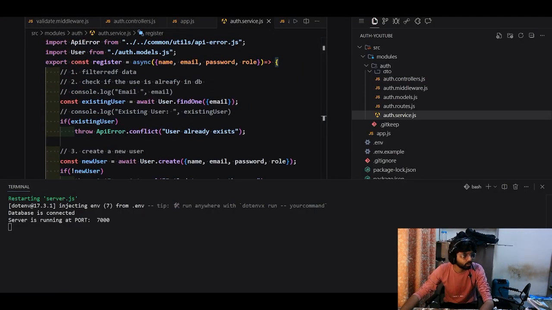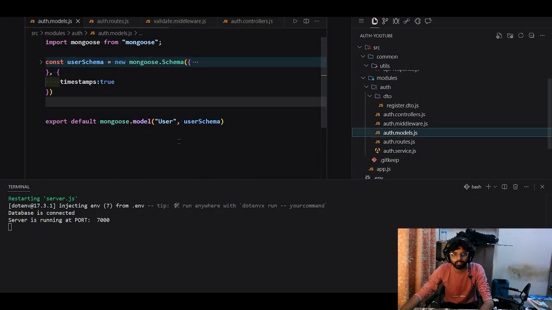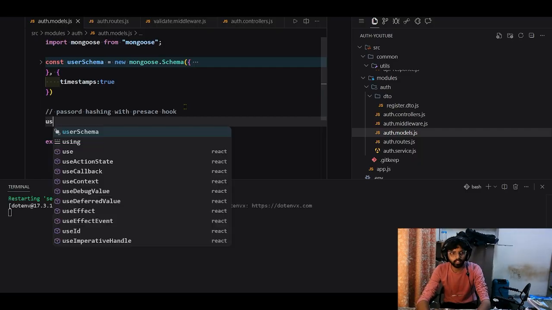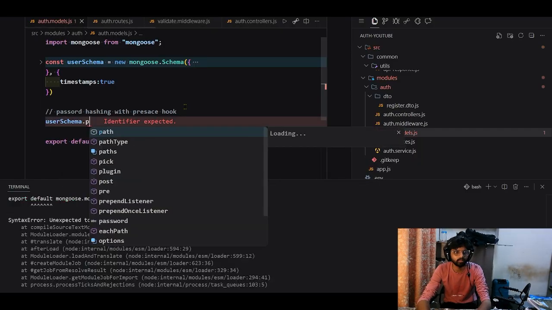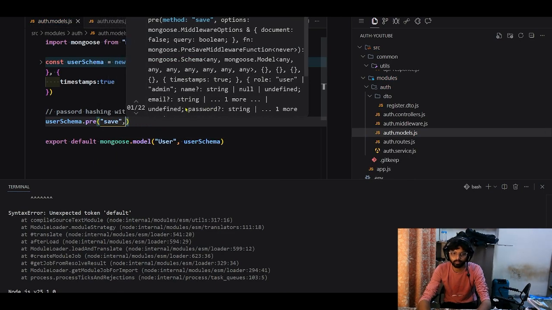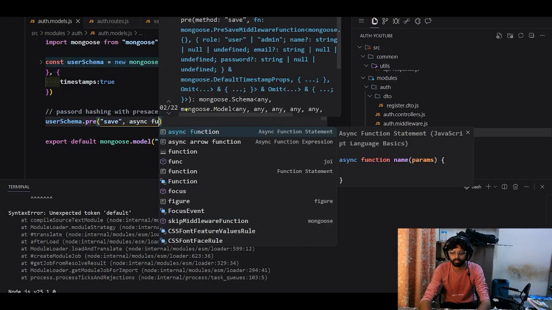So in order to hash the password, what we have to do is again come to this MongoDB. Where is it? The models. So here what we will be doing is we will hash the password here with the pre-save hook. Password hashing with pre-save hook, and it is user schema dot pre. It means save the password before save. Then there is async function,